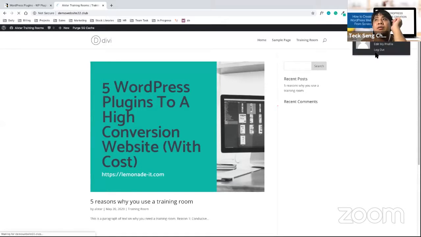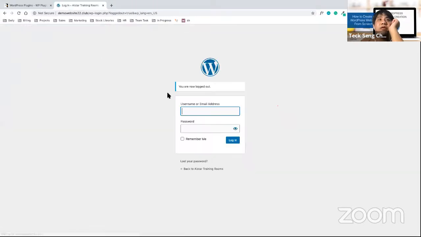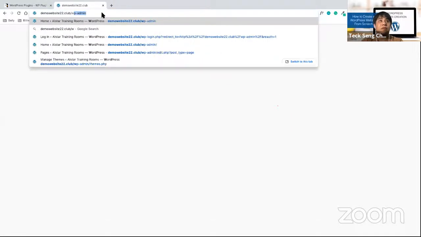If I were to log out of my account and go back to my front end, you can see that it shows get ready, something cool is coming soon. This is what the plugin itself does. Okay, so let's try to log in again.